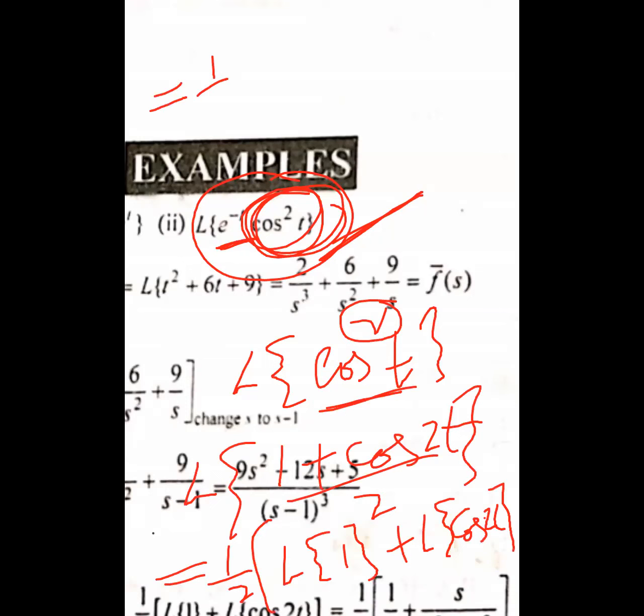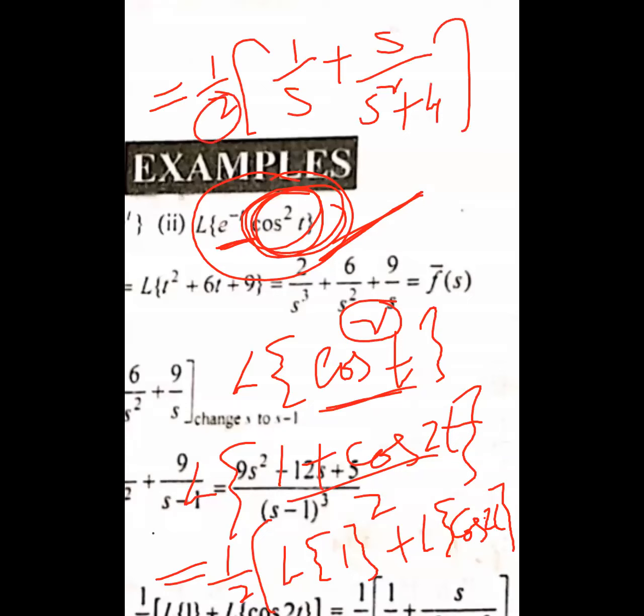So applying the linearity property, ఆల్రెడీ స్టార్టింగ్ లో చెప్పాను లీనియారిటీ ప్రాపర్టీ అప్లై చేయకుండా ఏ ప్రాబ్లం చేయలేము, లీనియారిటీ ప్రాపర్టీ బాగా నేర్చుకోమని చెప్పాను. సో ఇక్కడ కూడా అంతే, L of 1 and L of cos 2t. We know that 1 by 2 into L of 1 is 1 by s and L of cos 2t equals s by s square plus a square, that is equal to 4.